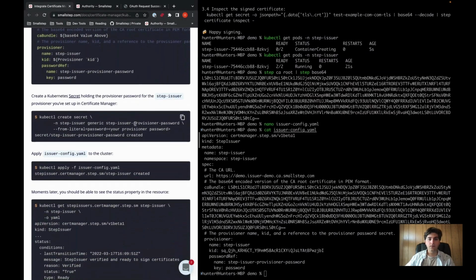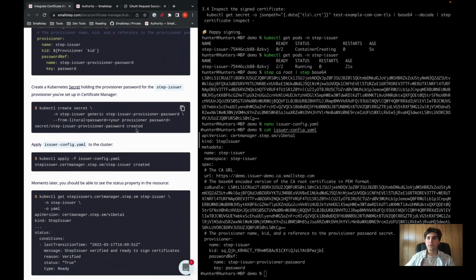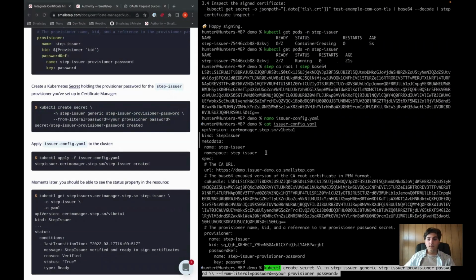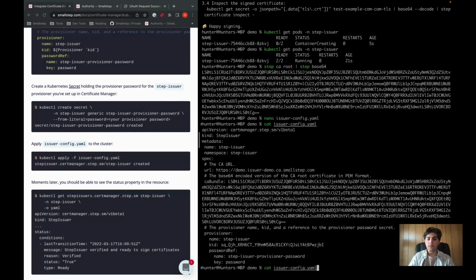And now I'm going to go ahead and create a Kubernetes secret with the password to that provisioner that we just stood up. This will allow step issuer to go ahead and communicate with the provisioner we created earlier. I'm going to copy and paste this in. Actually, before I do that,